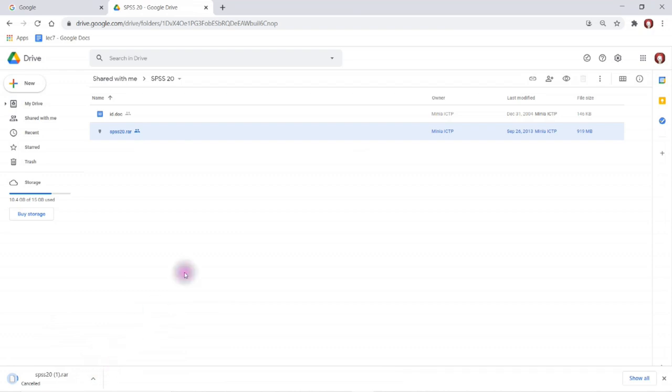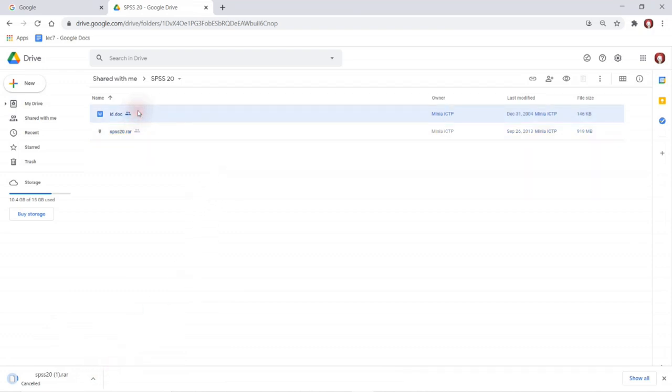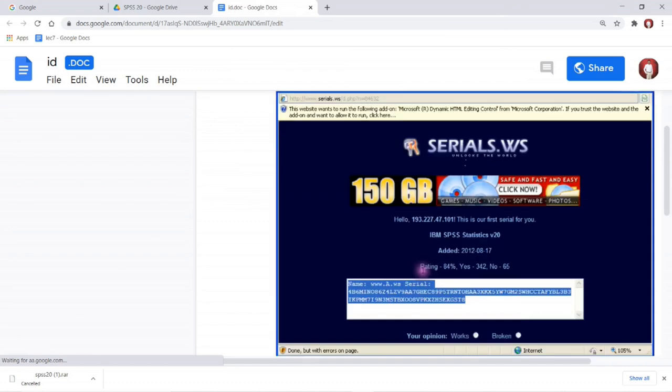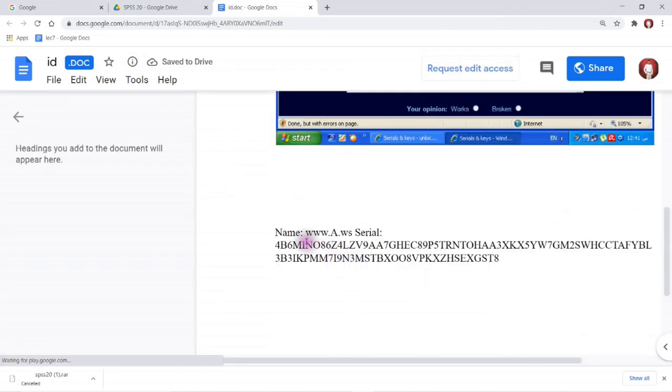Then we have to download this Word file also. It's also important one for activating your software. Now it's opening. Below this file you have serial key. So after completion of installation, you have to copy and paste this serial key.